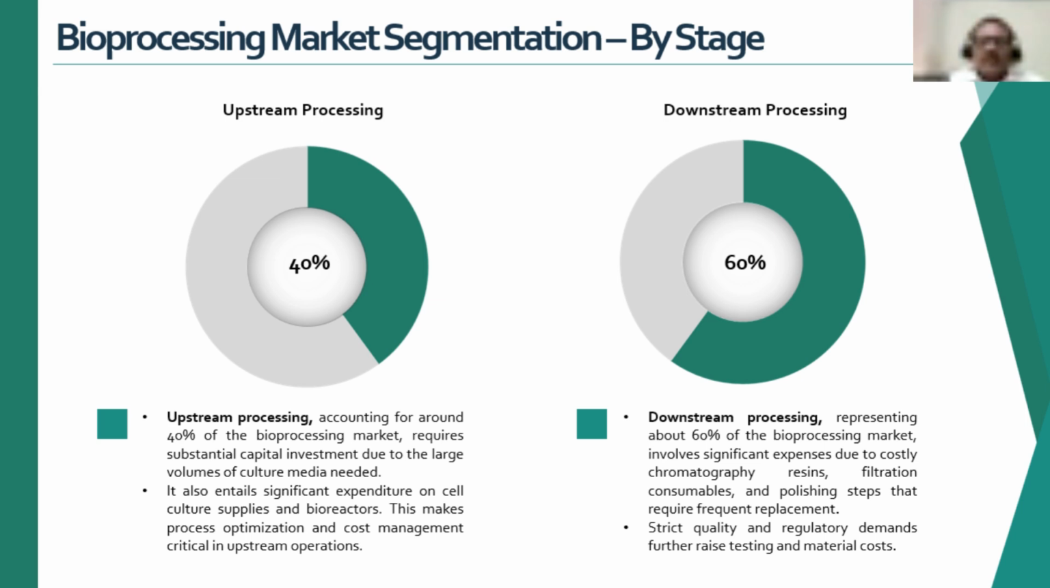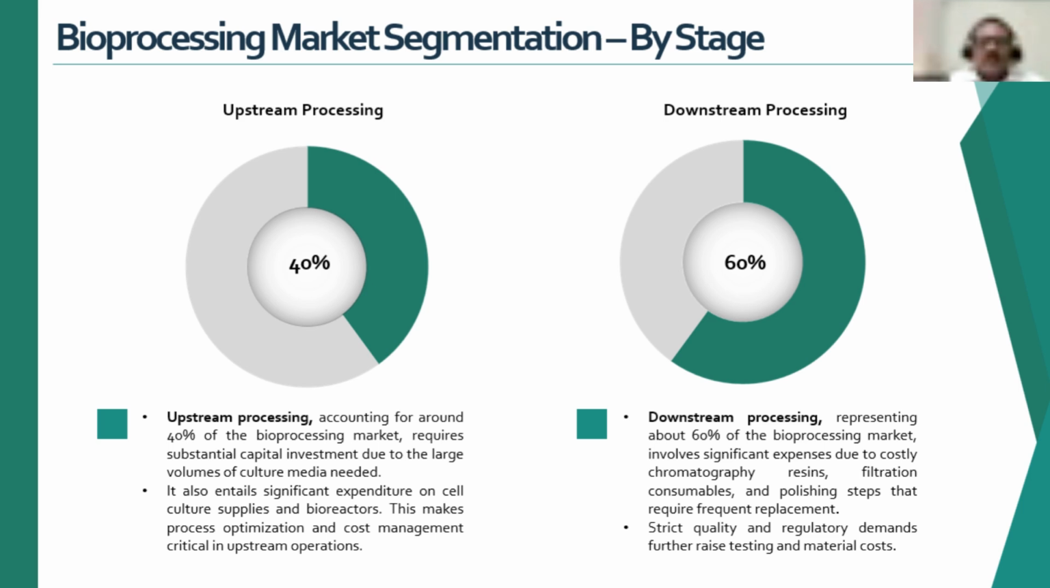The upstream is capital intensive, as bioreactors and fermenters are critical in the upstream operations. Of course, these are not procured each year or annually, so though it is capital intensive, it constitutes 40%